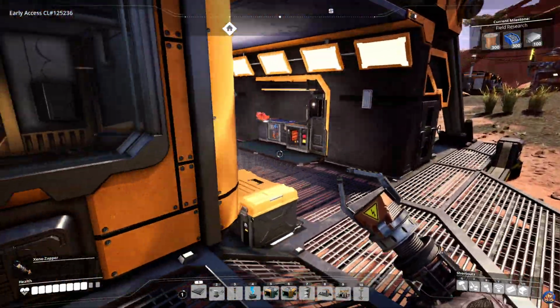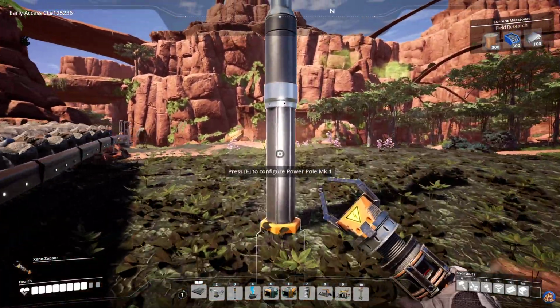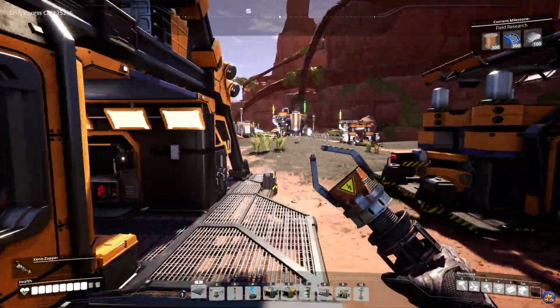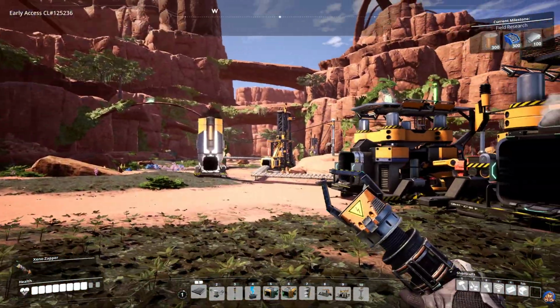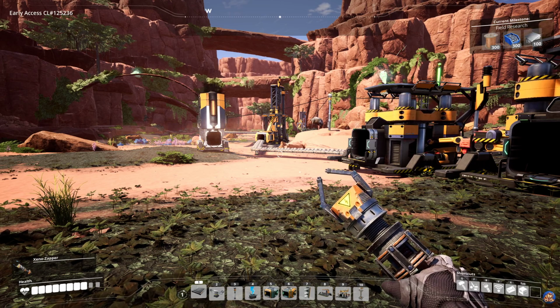Yeah, we're out of power in these 2 biomass burners, but we seem to be doing okay. So we are not using more than 30 megawatts at the moment. Probably because those 2 machines are not working currently. But yes, I will let that iron belt run out on its own, and in the next episode we will be finishing up